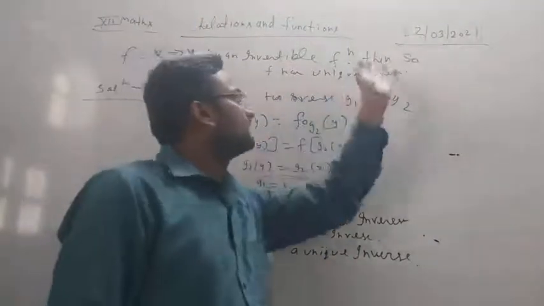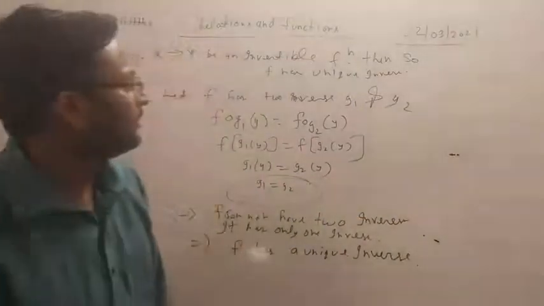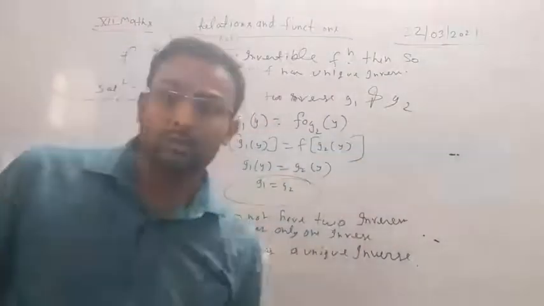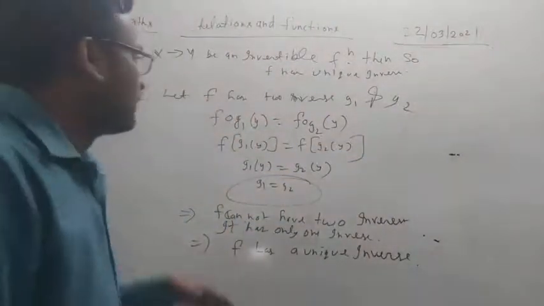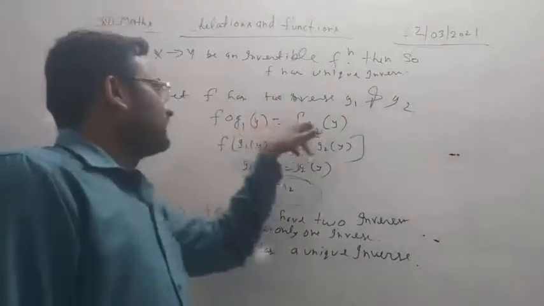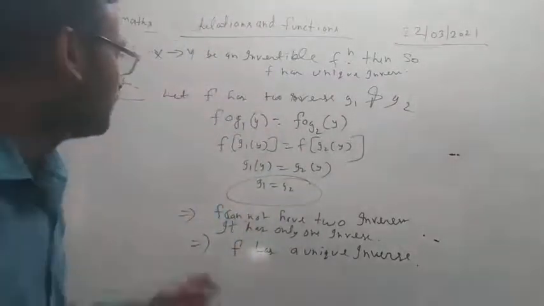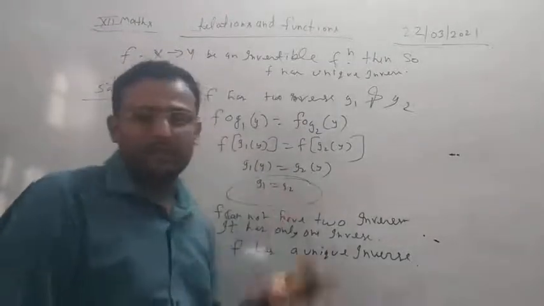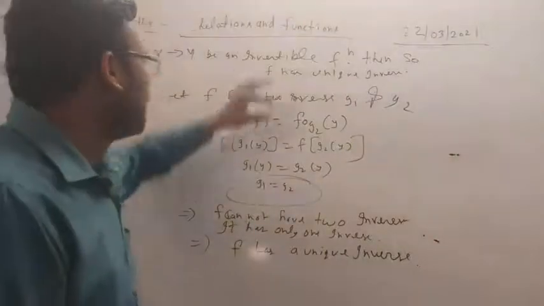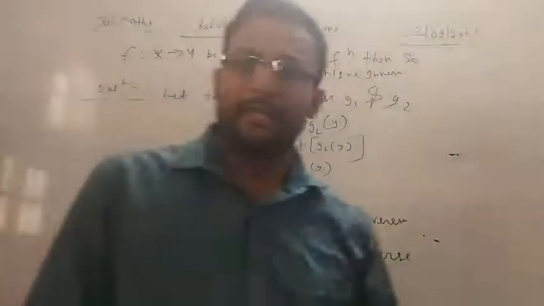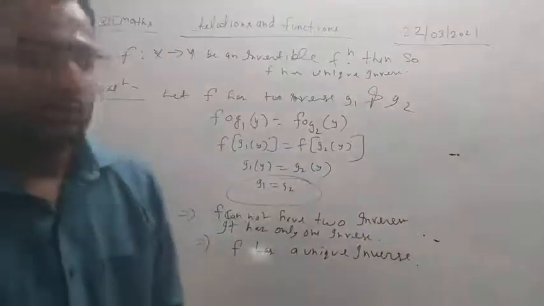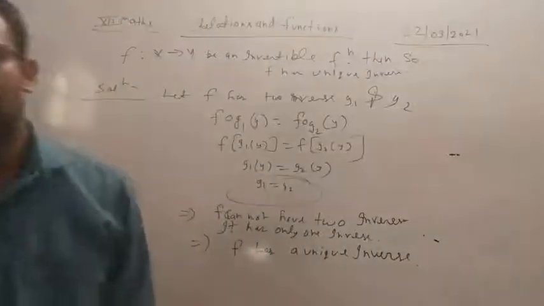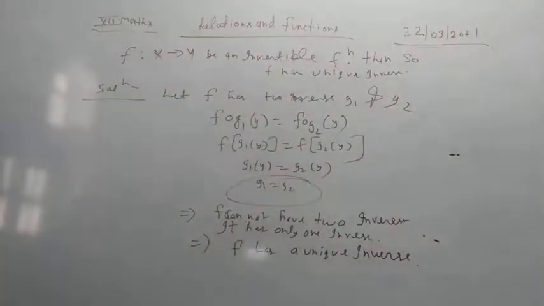Then we have to show that the function has a unique inverse. Okay, so we have taken that the given function has two inverses, g1 and g2. So it will be f of g1(y) is equal to f of g2(y). Okay, so we can write f of this and this cancel, g1(y) is equal to g2(y). So from here we are saying that g1 is equal to g2. It means that we have taken the two inverses of f, but this cannot be two. Okay, it has only one inverse, so f has a unique inverse. Okay, I hope you understand.